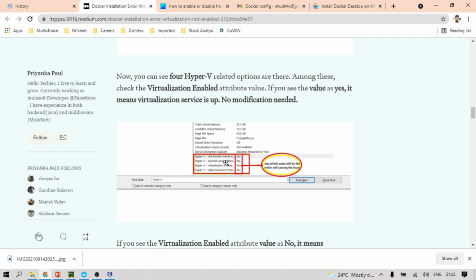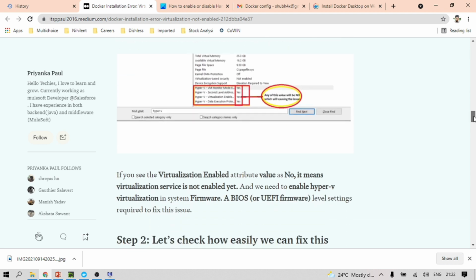So if Hyper-V is not enabled in your system, meaning virtualization is not enabled, you will be able to see the same four configuration lines with Yes or No. The same way you will find it stating that virtualization is not enabled in your system.